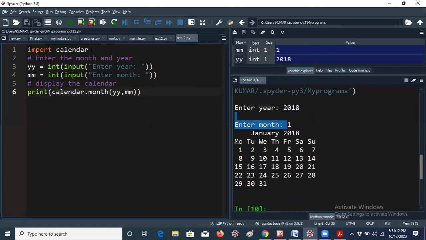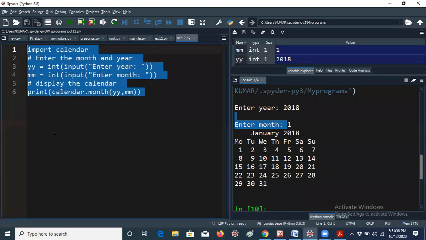Import calendar. That means you are using only one line here, guys. This is called calendar.month. That's all. If you give calendar.month of a particular year and month, then you will get the calendar of that particular month of that particular year. This is a very easy program, guys, because these are predefined actually. These are predefined, guys. So let me copy this and I will send it to your chat box, guys. If you want to practice these kinds of examples, you can do.